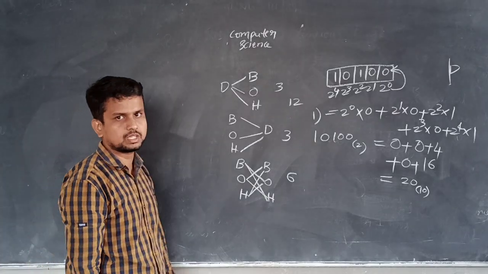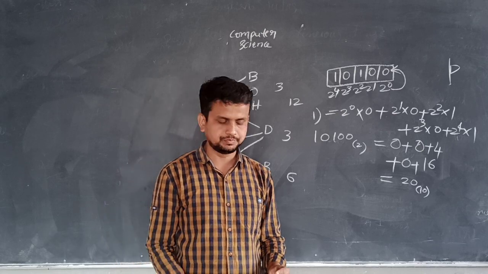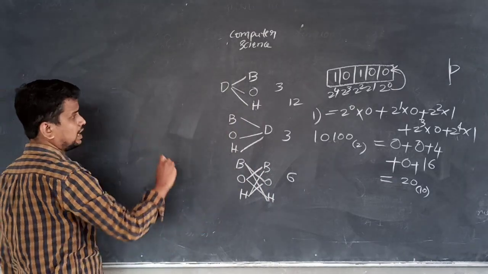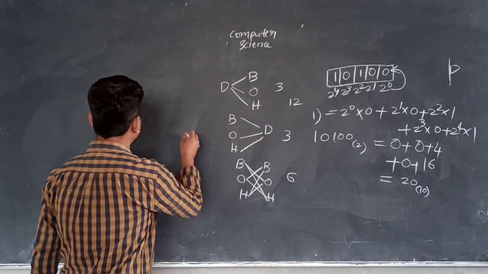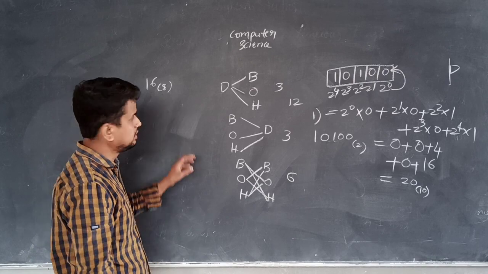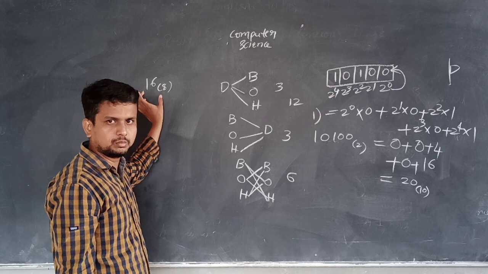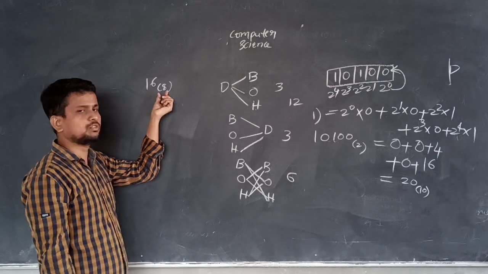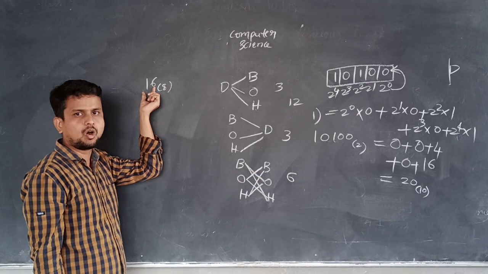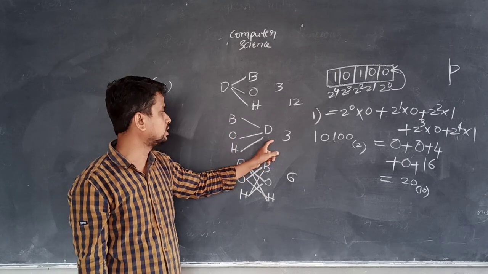So what are the steps? Multiply each octal digit by its positional weight, the first step. The second step, add all products. Let us take one example so that you can understand that very easily. 16 base 8. Which number is it? Can you identify this number? Is it an octal number or not? Yes, it is an octal number. How can you identify it is an octal number? Because of base. If you place base 8 here, this number indicates the octal number system. From octal number system to which number system are we going to convert? We are converting to decimal number system.